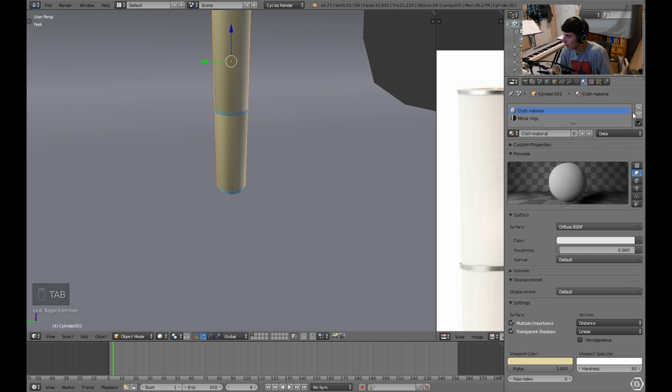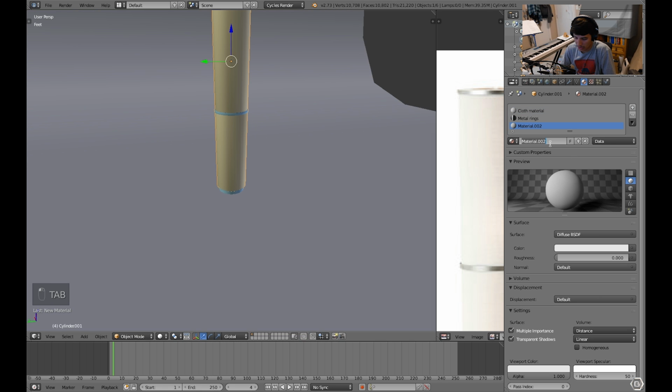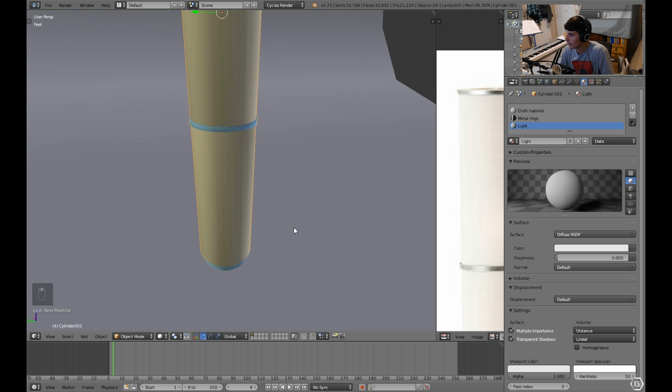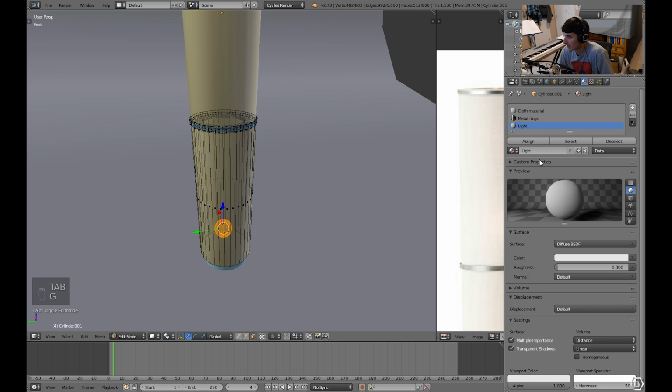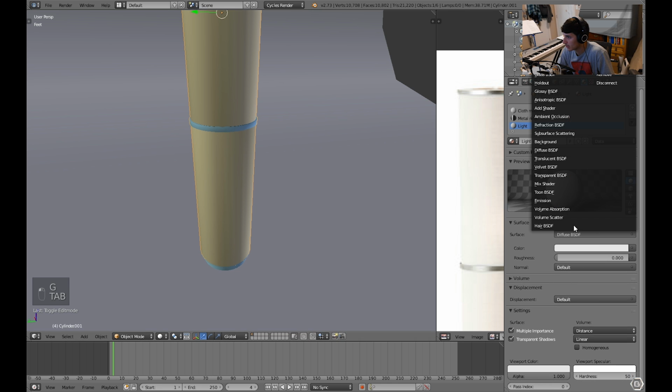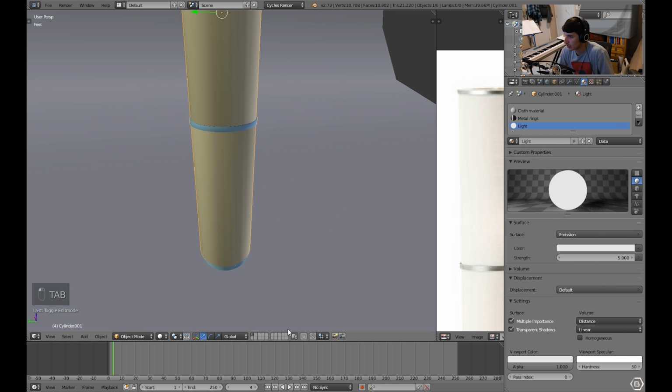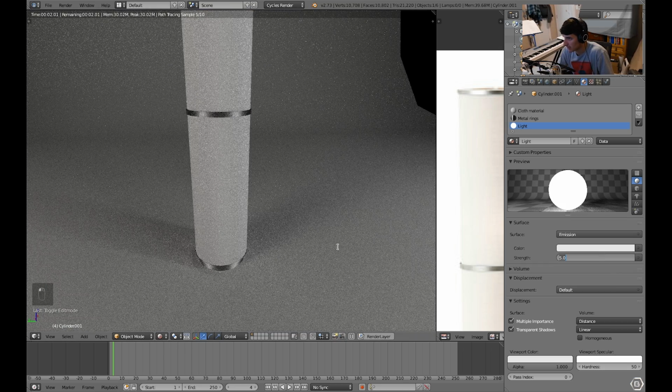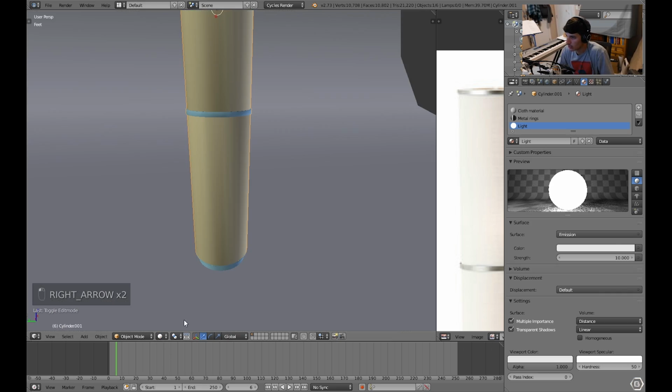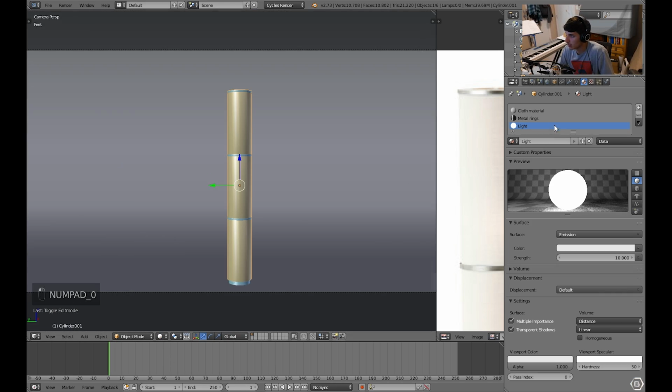So let's just add a new material for that. Let's call this light. You can call it whatever you want, but I think I'll just call it light. Assign it to that. Change this to emission. Let's change this to 5. Let's see how that looks. Actually, we can't even see anything. I forgot about that. Let's make it 10, and we will see the results once we change material for the